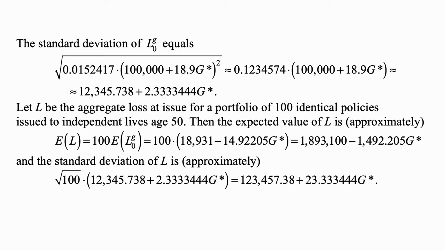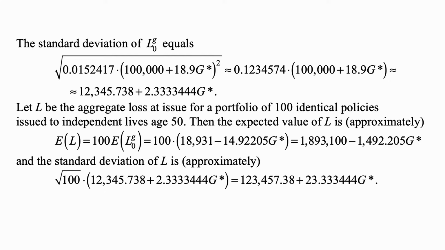so I had to correct this. E of L is not 1,000 times E of L0G, but 100 times E of L0G. So I just replaced that typo, remove the 0, which was a typo, so it's 100 times 18.931 minus 14.92205 G star, and that's 1,893,100 minus